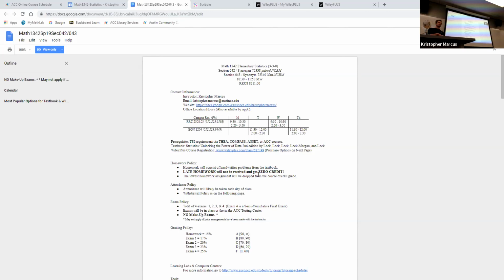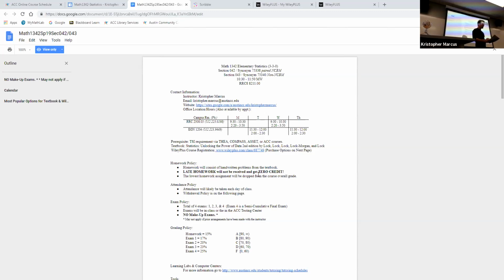This is a change from last semester. Last semester was the first semester using the new book, and we did homework from the book, but we also had online homework. What happened last semester is we had a lot of problems with the online system. It wasn't compatible with a lot of browsers. Some of the answers were actually incorrect, which is super frustrating in math. You do it wrong and you're like, okay, so what did I do wrong? And then all of a sudden you realize, oh, the book is wrong. So the online homework has been eradicated for this semester, so we'll only have problems straight out of the textbook itself. And I think that'll help a lot of the frustrations go away that people experienced last semester.